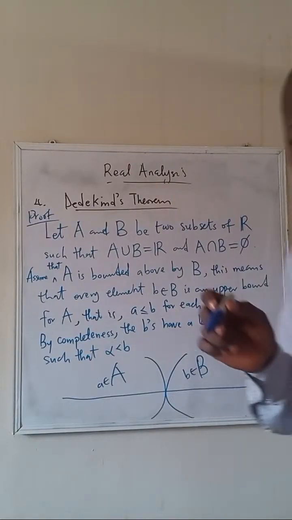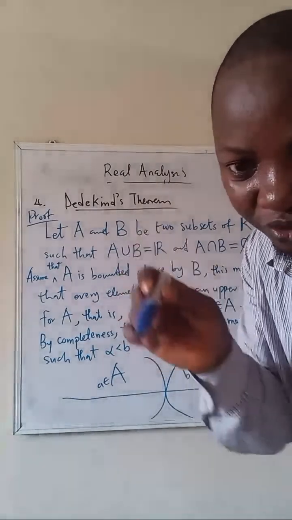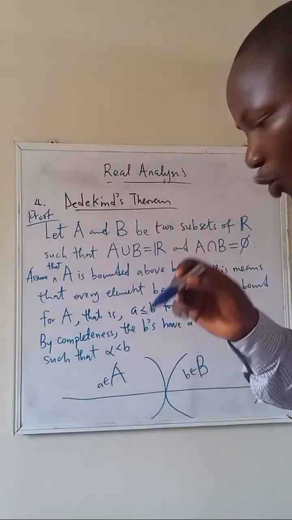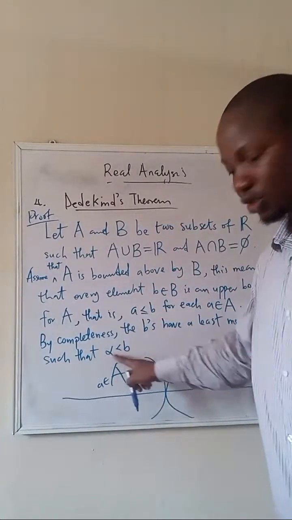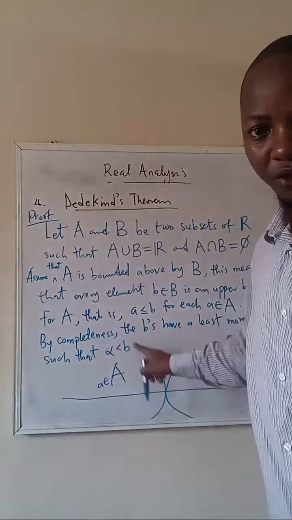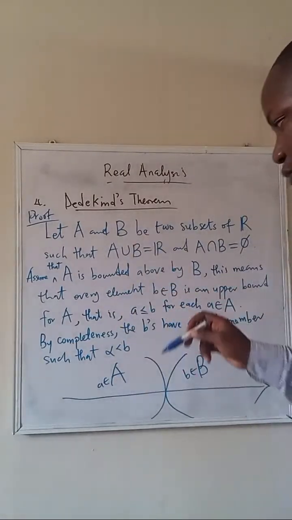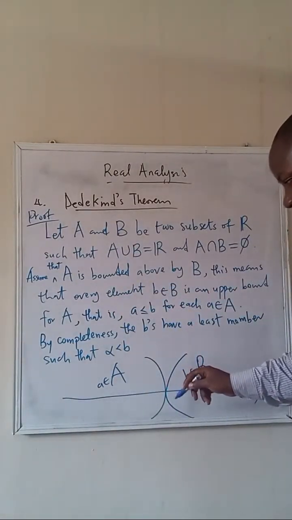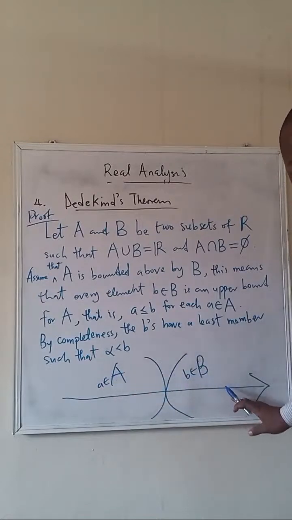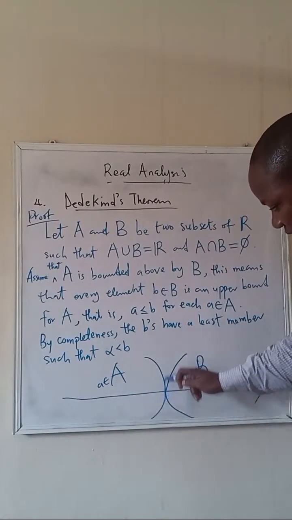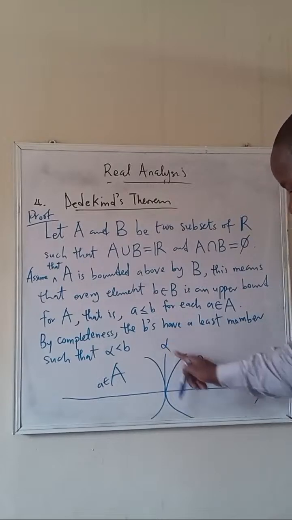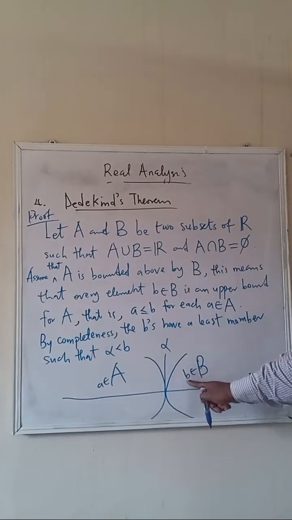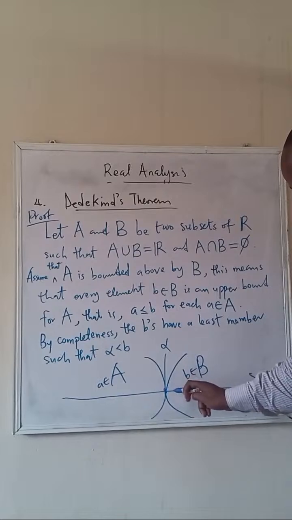Because alpha is the supremum, it is the least of the upper bounds. This is how it will be satisfied. You can check the previous note, and that's how we have defined it. I think you will get it from this. Alpha is the least of the upper bounds, so alpha is less than or equal to b. Alpha is here, all the other b's are here.